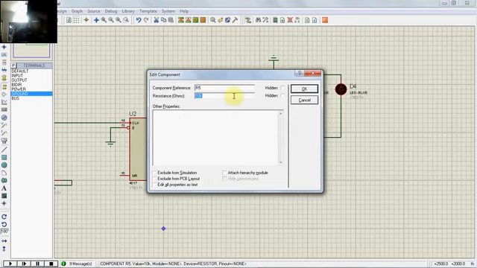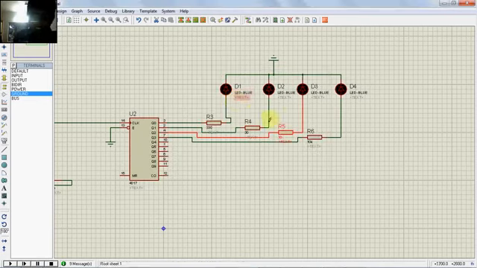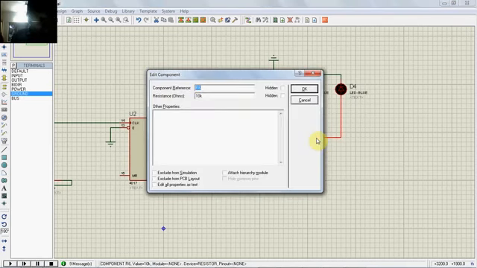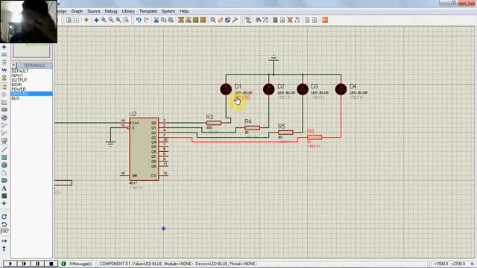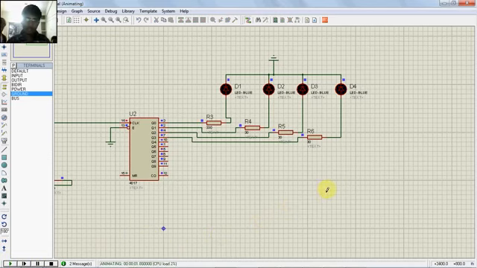So you can see that the LEDs are blinking. It's actually a timer circuit. The rest of the circuit is a little bit complex. That's why I avoided it and just included some LEDs to show how the stuff is working. Here you can see ground. I will press pause now and I will show you how it is working. Okay, simulation. I have pressed play.